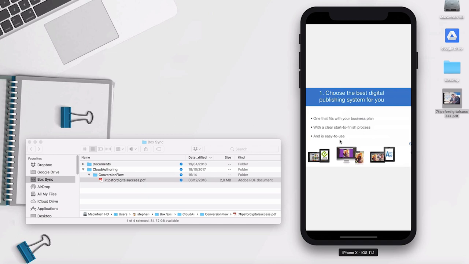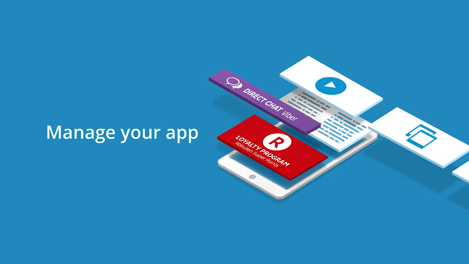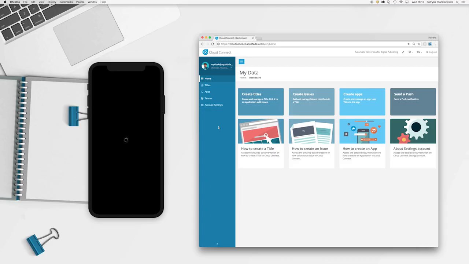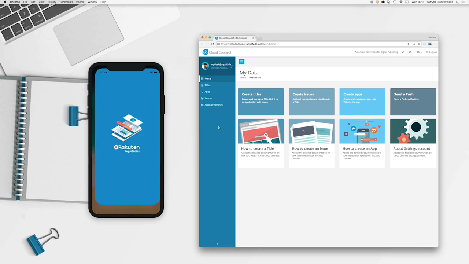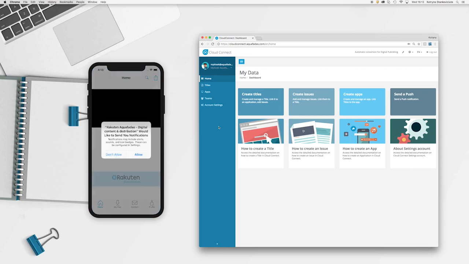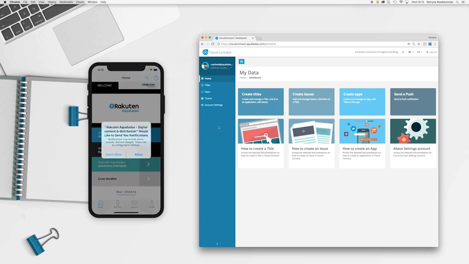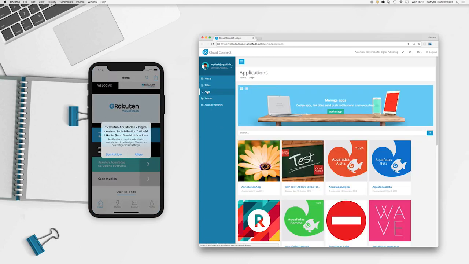And once your content and app have been created, you can manage them with Cloud Connect, the second part of our tool. With Cloud Connect, you can manage the settings of your apps, the user access rights, the push notifications, and you can create vouchers to download exclusive content.